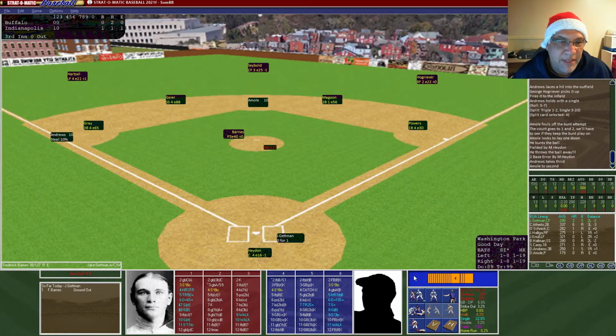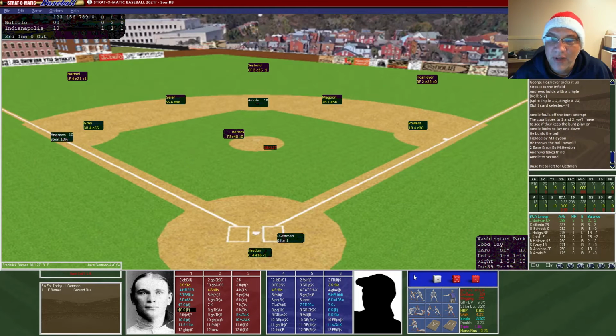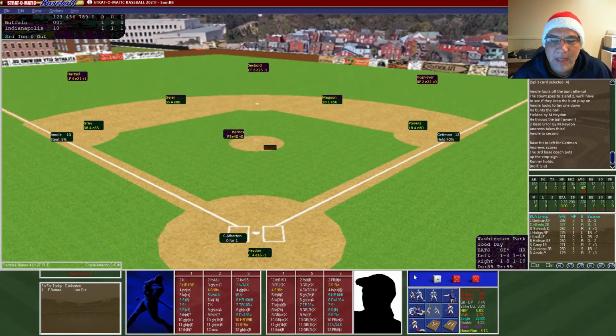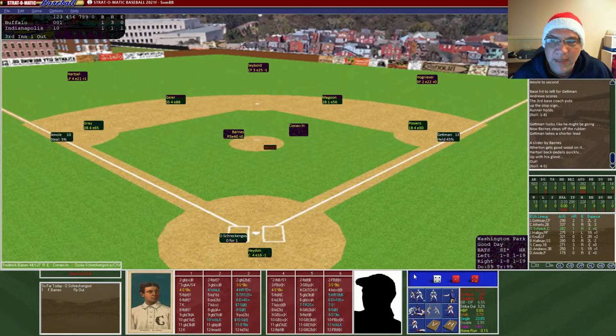No outs. Here's Getman, who still hasn't had a hit. And he starts off with a huge hit, knocking in a run and tying up the game. Getman's trying to get a lead. He's not able to. Atherton, the second baseman's up. He's going to hit a fly ball into left field. Hartzell's going to be in close enough that Doc Amoli, the pitcher, is not going to test his arm.